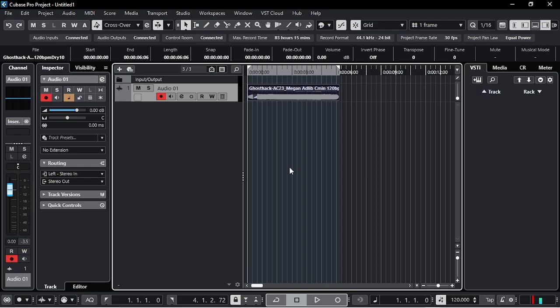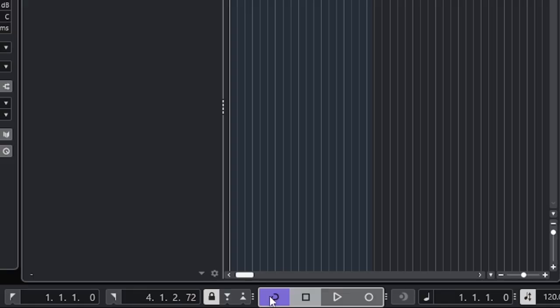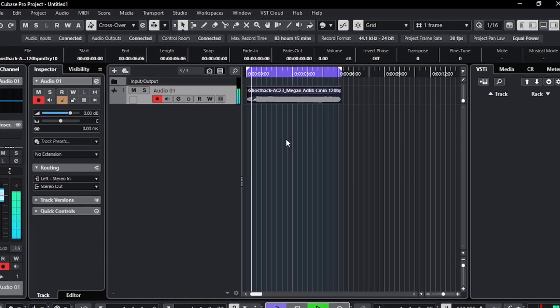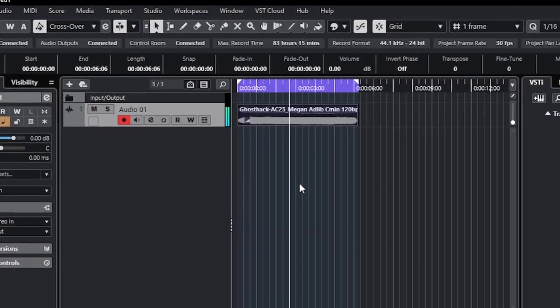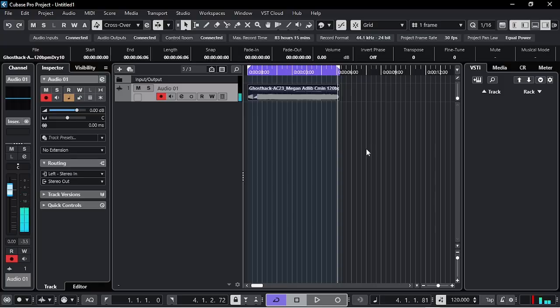All right, so I'm gonna loop it by clicking on the ad lib and pressing the P key on the keyboard like this, and we're gonna turn this activate cycle on so that it's gonna loop it. Let's listen to this ad lib first, and after that I'll introduce the Auto-Tune EFX Plus. That's pretty simple, right? So now let me introduce the Auto-Tune EFX Plus and show you how you can actually